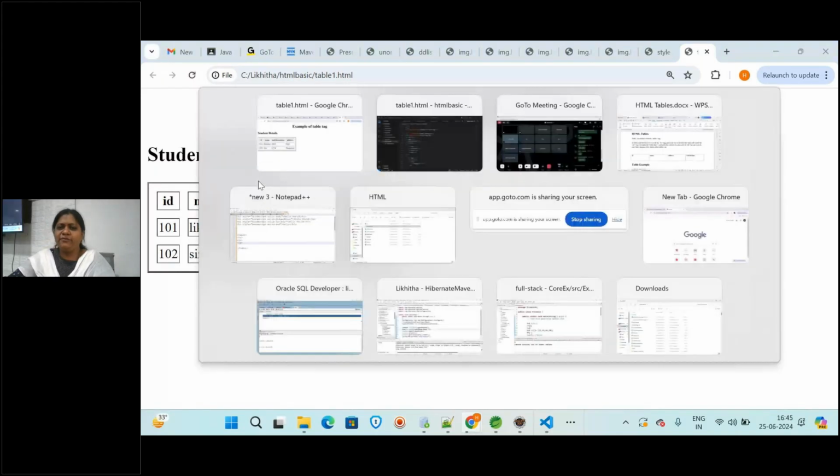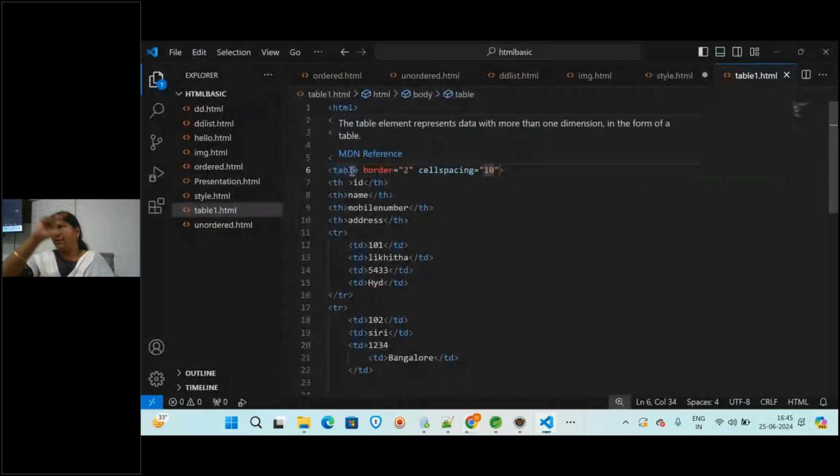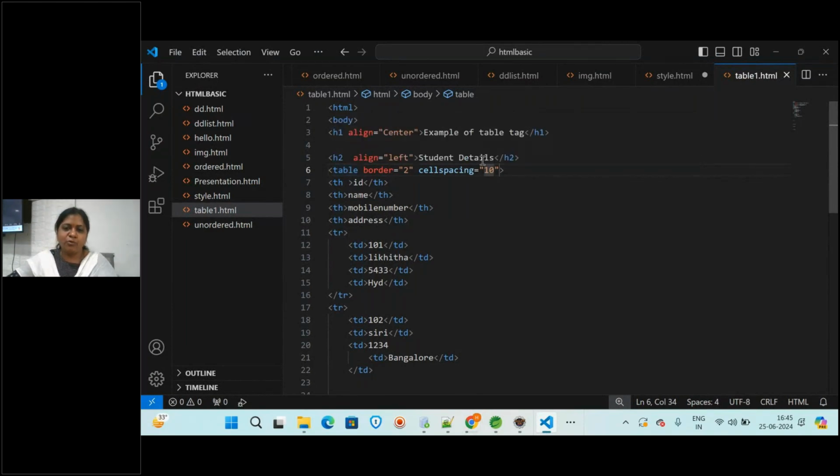How much? If you're giving for the table, it will apply for complete table. If you're giving for specific column, then it will apply for specific column wise. So like that. And also you have one more attribute here like cell padding. That if you want, you can give like some, I'll give some 8.